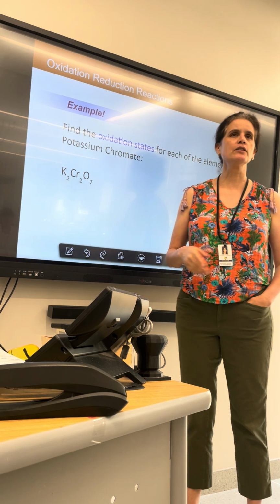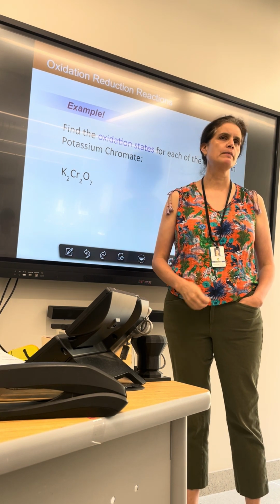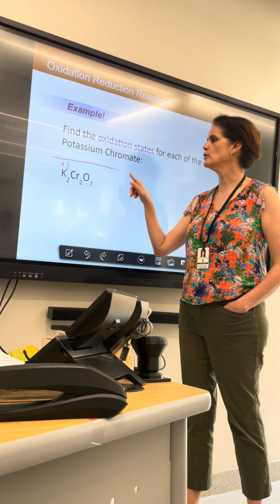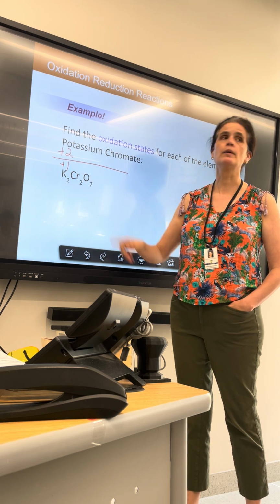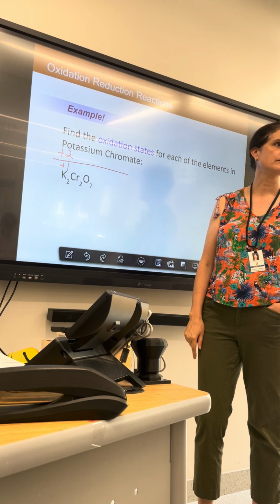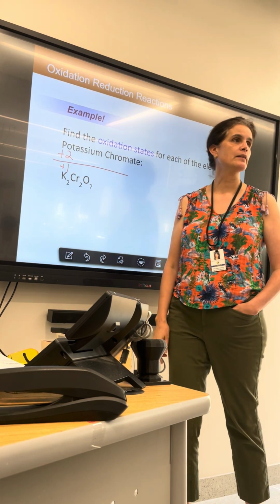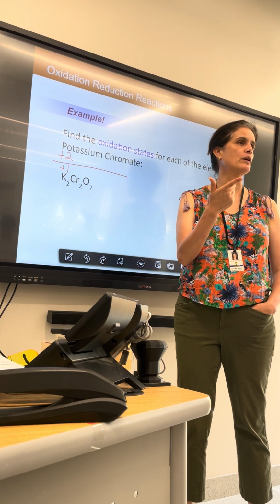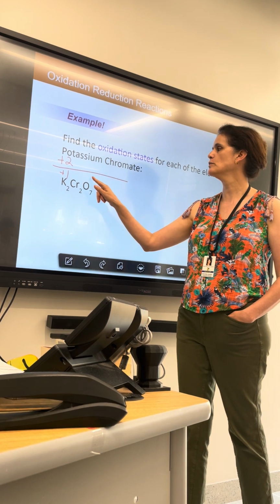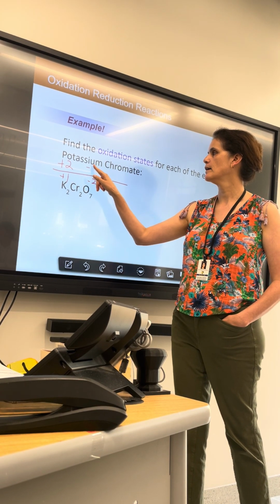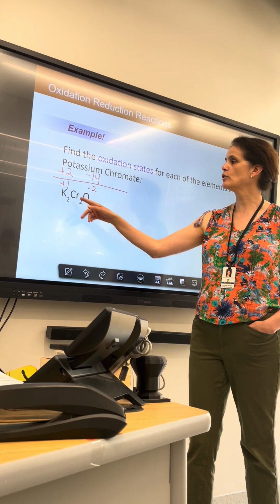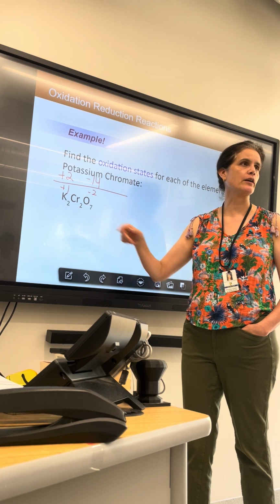So potassium, what's the charge of potassium, Harrison? +1. And you have 2, so it's +2, right? What is the charge of your oxygen? Always -2, right? Unless you're with an alkali metal or a fluorine or in a peroxide, right? So it'll be -2 times 7, minus 14. Isn't that an alkali metal? But it's not right next to it. This is actually a polyatomic ion, right?